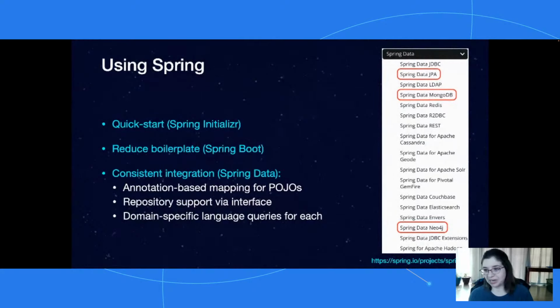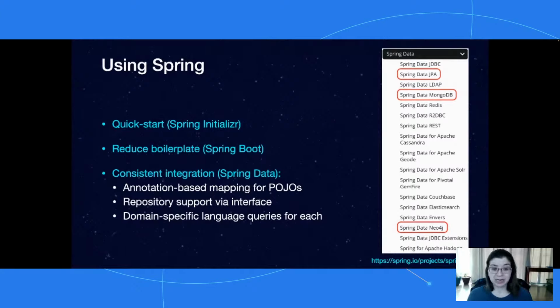So why would I want to use Spring? Why am I using Spring today? First off, as you might imagine, I'm going to be coding 3 different applications running against 3 different databases. That's a lot of code in a small segment here. So Spring really provides a lot of quick start abilities out of the box. So first up is their Spring Initializer, which I'll show and walk through here in just a bit. Spring Boot reduces a lot of the boilerplate, which is excellent. So it reduces the amount of code that I have to write today.